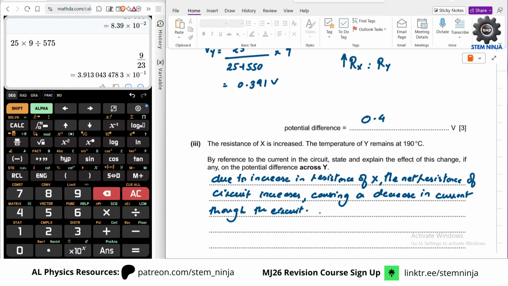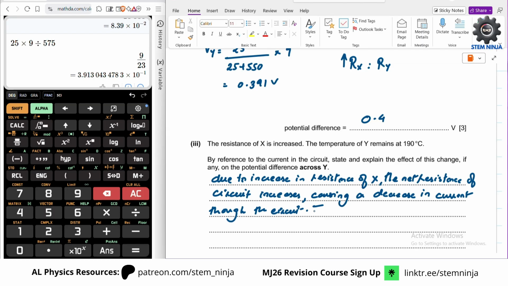Now the potential difference, due to this,